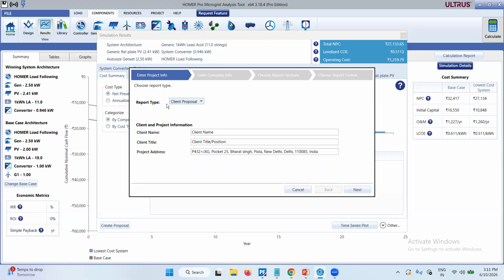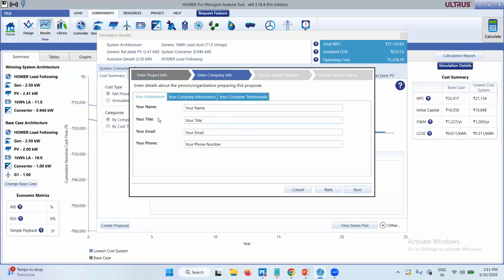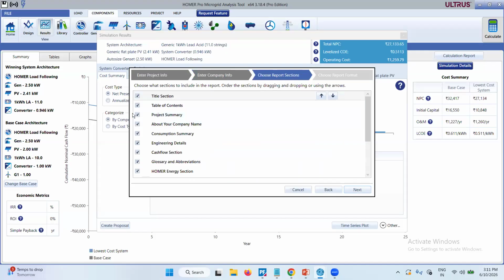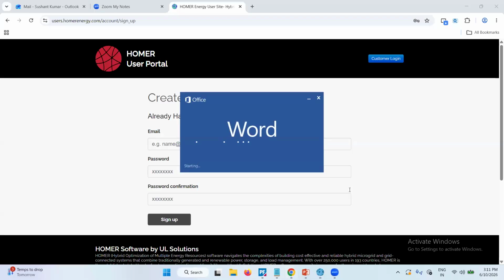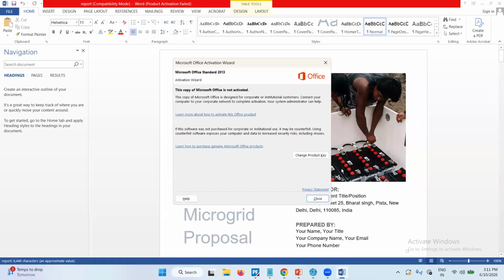Here you can define your client proposal or engineering details: client name, client titles, or the information which they are asking for here. The company information you can mention in this area. Then you can choose the title for your report, whichever title you would like to add to your report. You can add it from here. And finally, you can select the report type, letter, legal or info site, and click open report. It will take some time to complete the action. Okay, so this is your report,